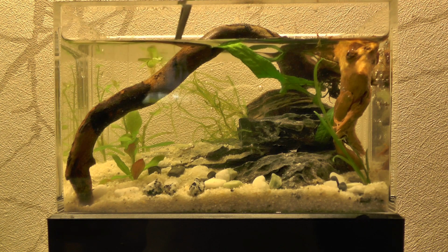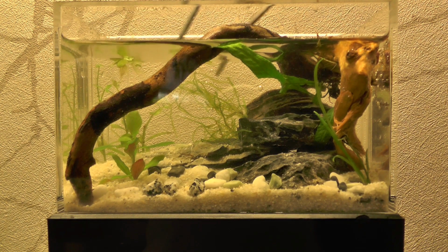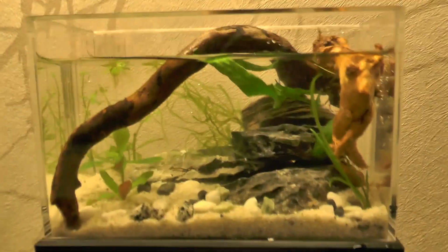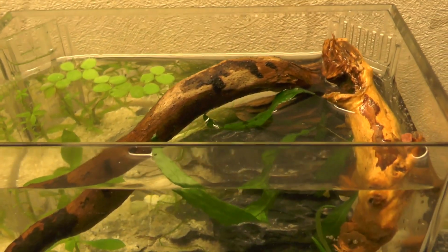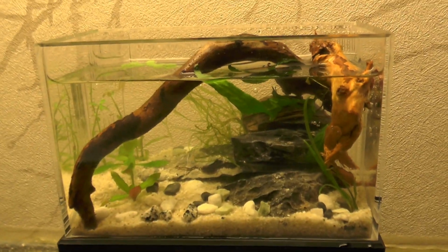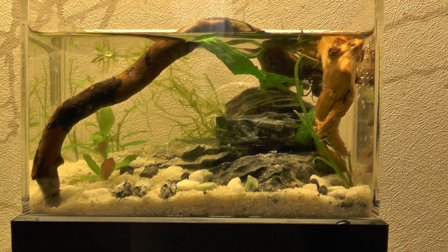And of course, a little bit of floating plants. Oh, not this type. I have one type that the shrimps like to eat on. So this is basically what it looks like right now. And for a leftover scape, I think it turned out quite nice. I'm gonna run it